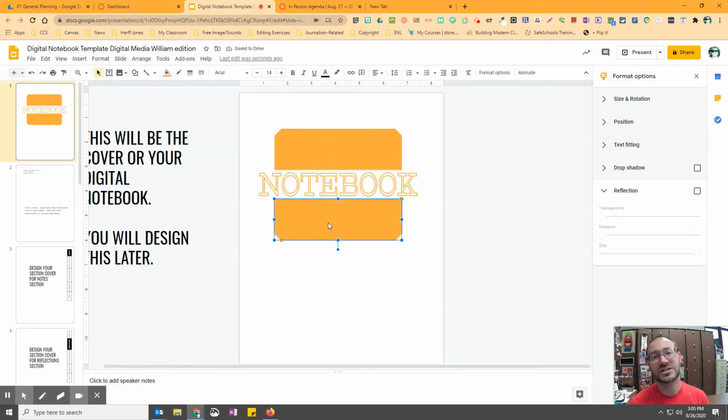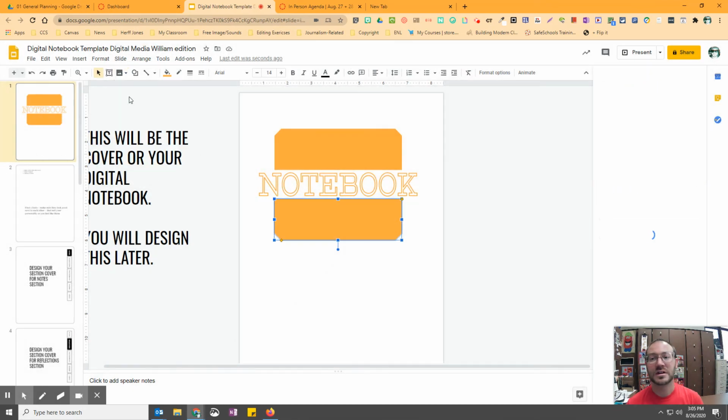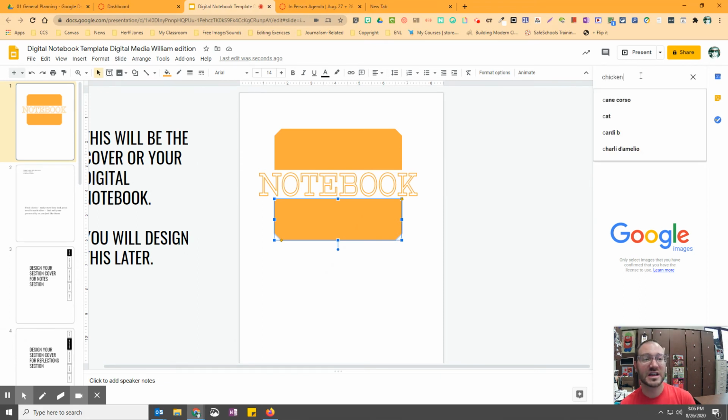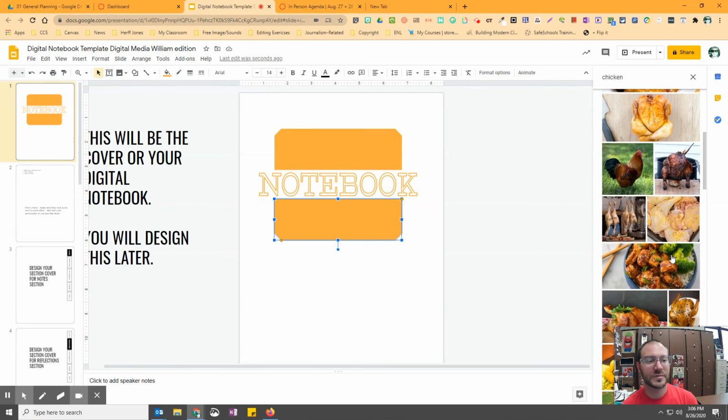The other thing you need to do or would like to do is look for images. So the way you could do that is click on this mountain icon and just search the web. And you can look for different things that suit you and what you like. And so, for example, say I'm looking for chickens. There's two types of photos we can work with. You can just type in chicken and get, well, fried chicken, and get a picture of a chicken. And so click and drag that onto your page,